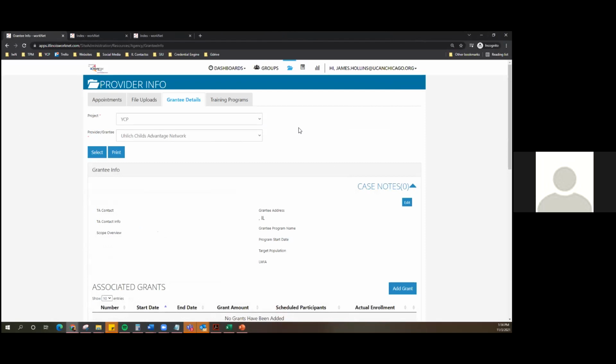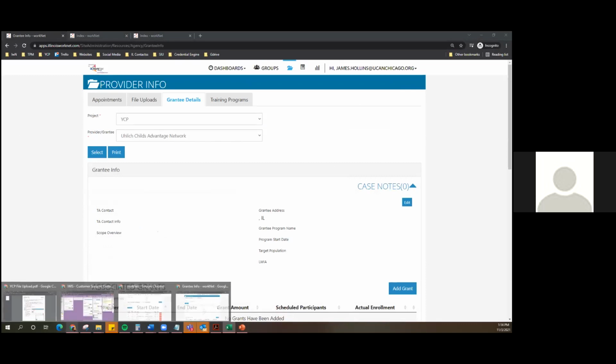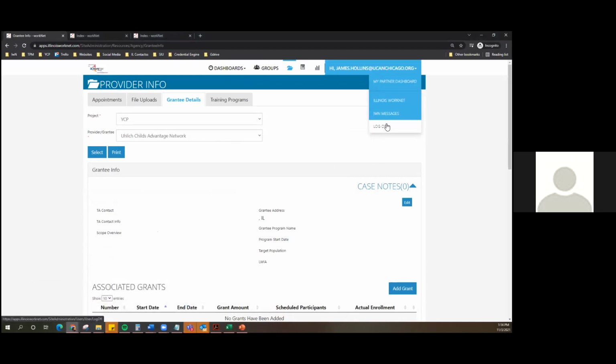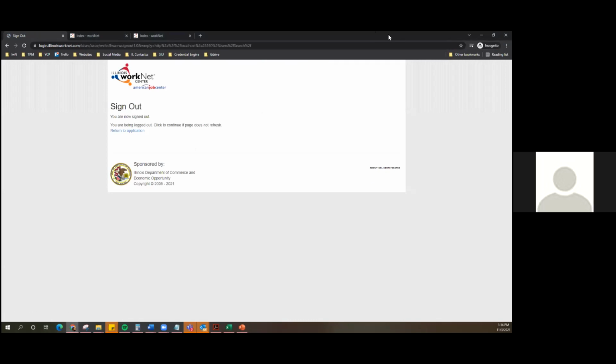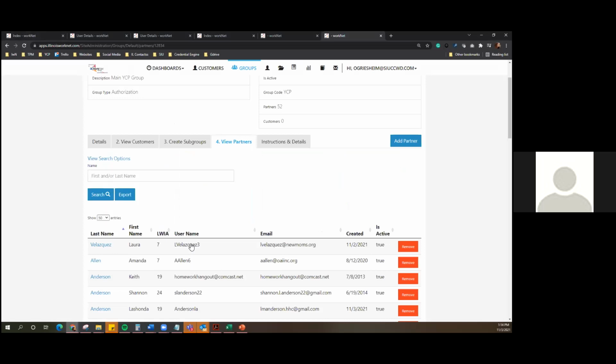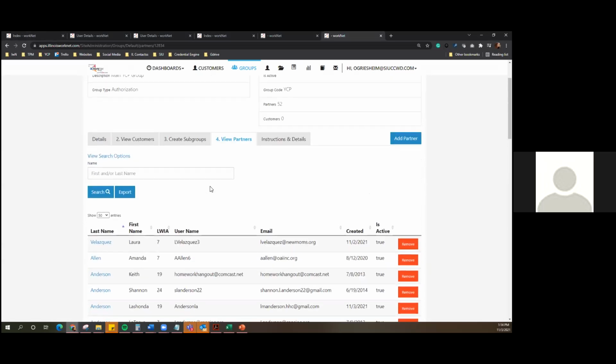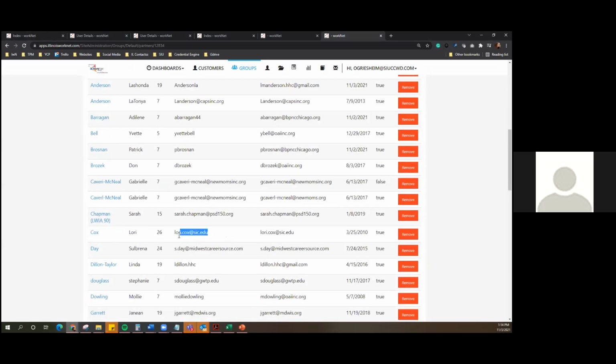You can use your existing logins. We just give you additional access. And Lori, you should have access using your existing account. This is Lori Cox, correct? Yes, and it's not working. I forgot my password, and so I did the forgot username and password, and it is not sending me an email to reset. Is this your email? Yes.